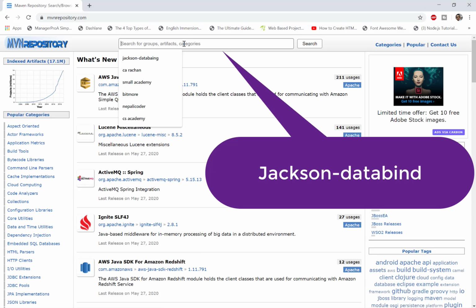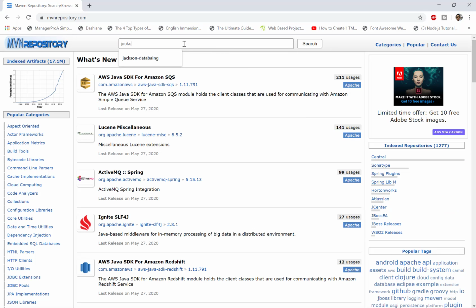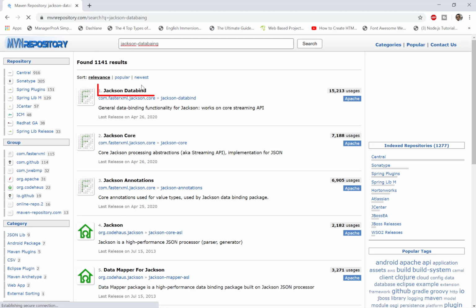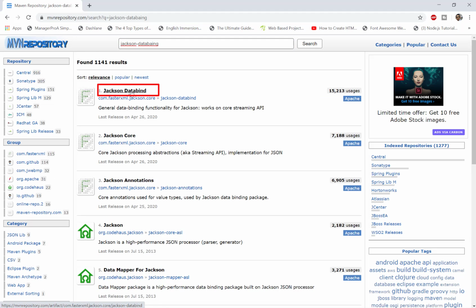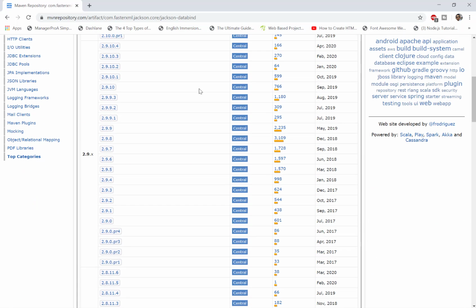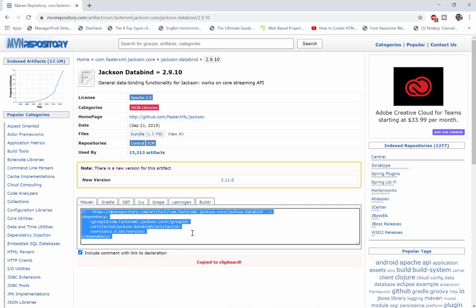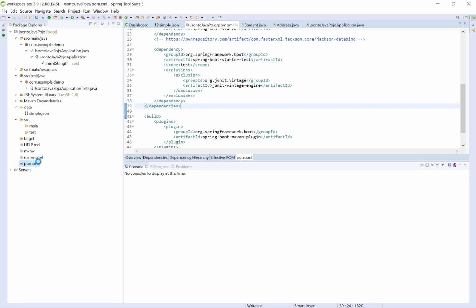Search here for jackson databind. Click on this. Here we have so many versions. I will take this 2.9.10. Copy this dependency and paste it inside the pom.xml file.